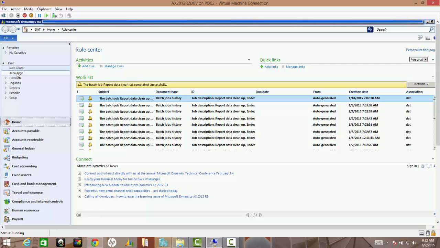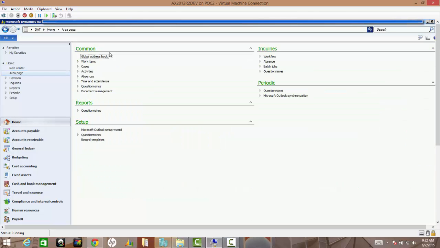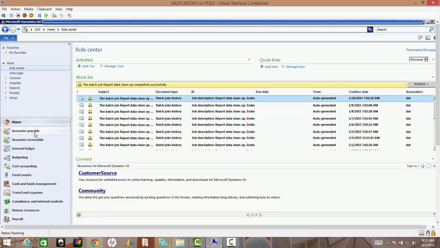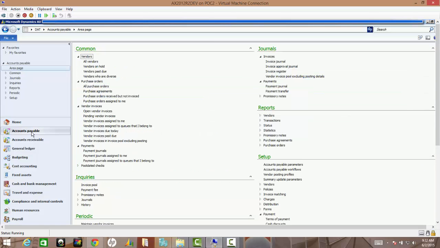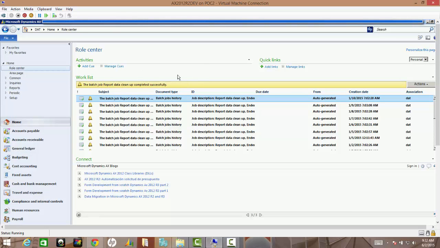If you click on this, that's the area page. It shows you the area page. We're on the role center. If you click on this accounts payable, you will see that the details change here, and they change here as well. All right, so that's for the client. This is not what we are going into right now. So once the client is up and running,